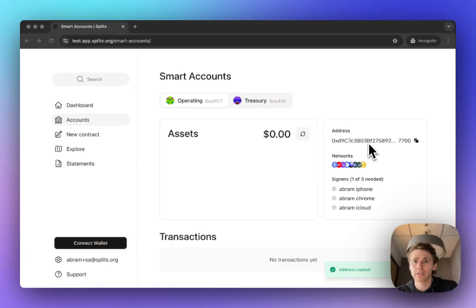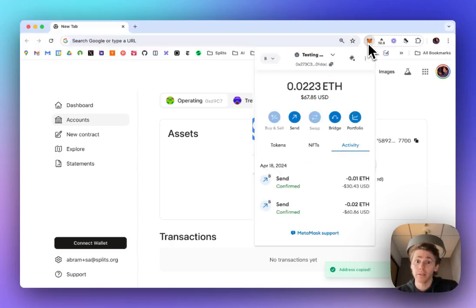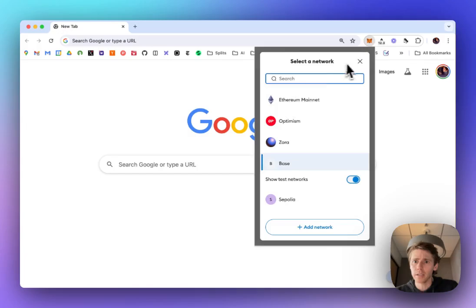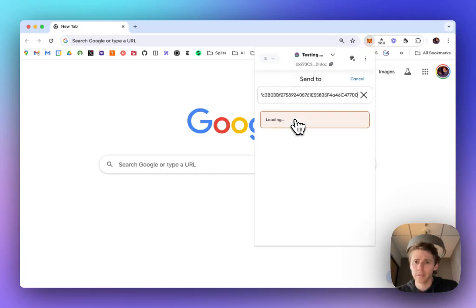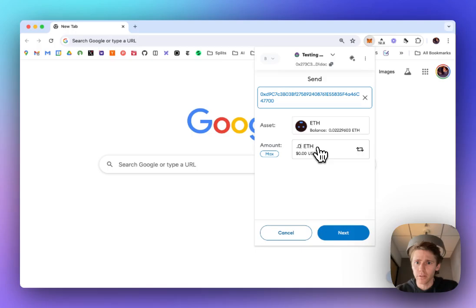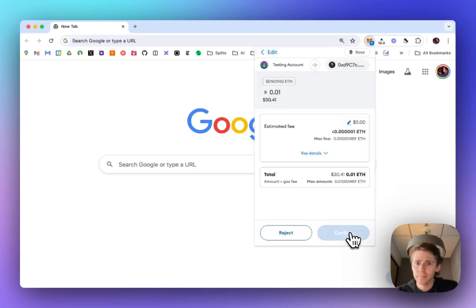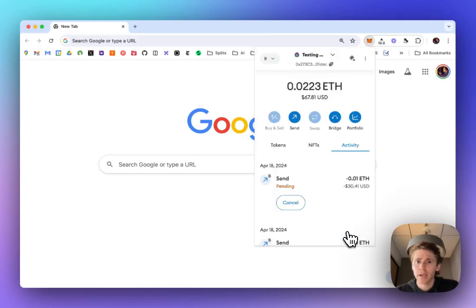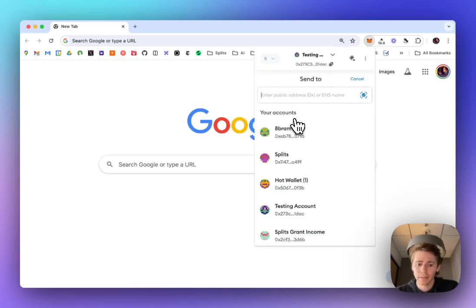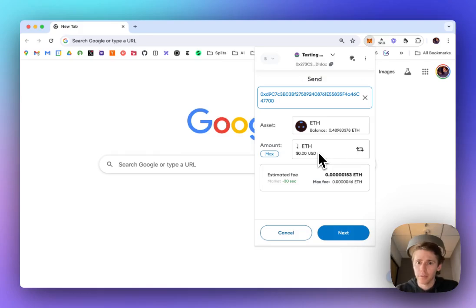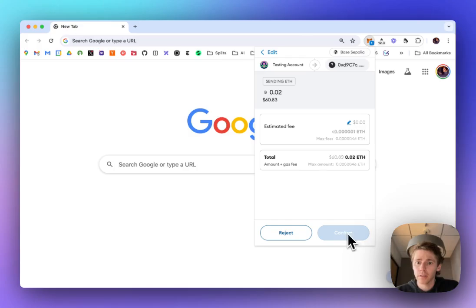So I'll copy the address in a new window that I do have MetaMask installed on. I'm on base, and I will send funds to this new account. Let's send 0.01. And we'll confirm that. And then let's also send it some Sepolia ETH. Base Sepolia. Send 0.02. Okay, so that